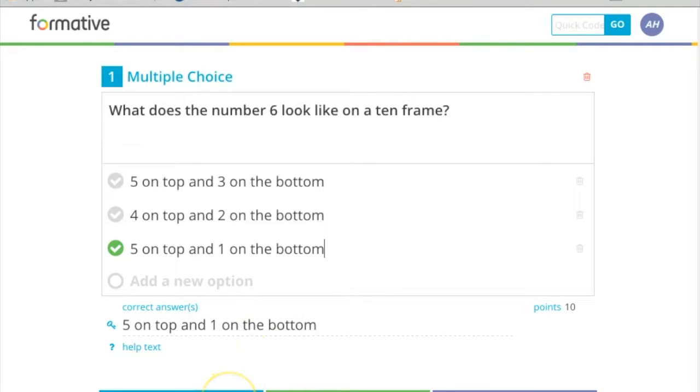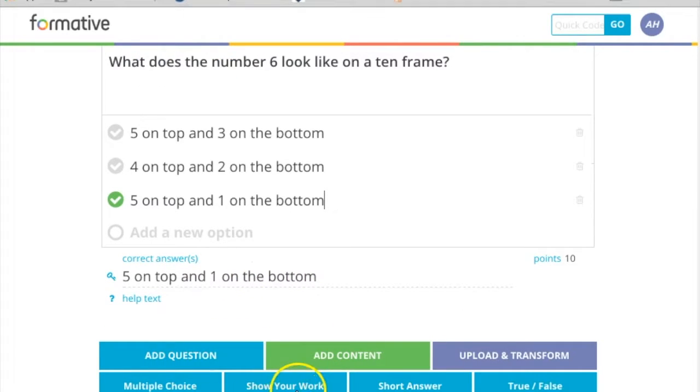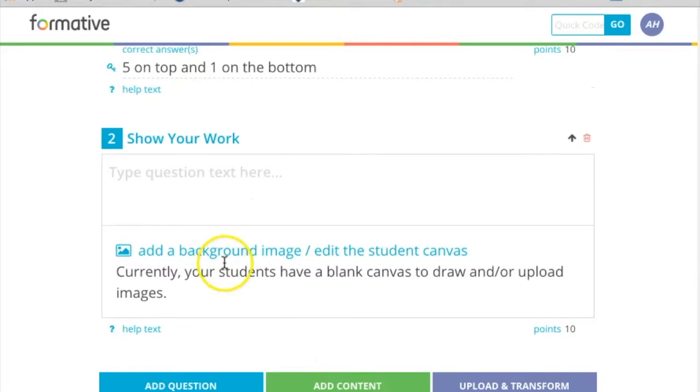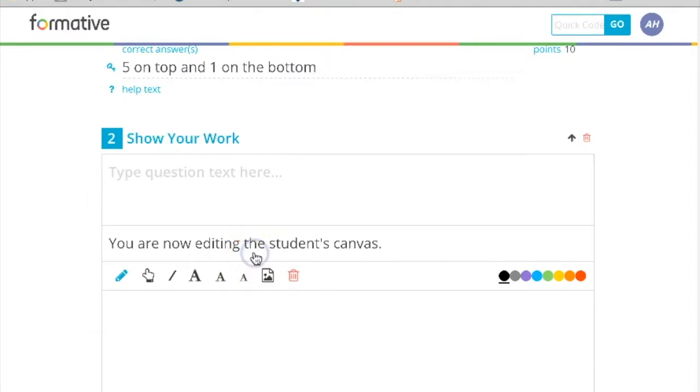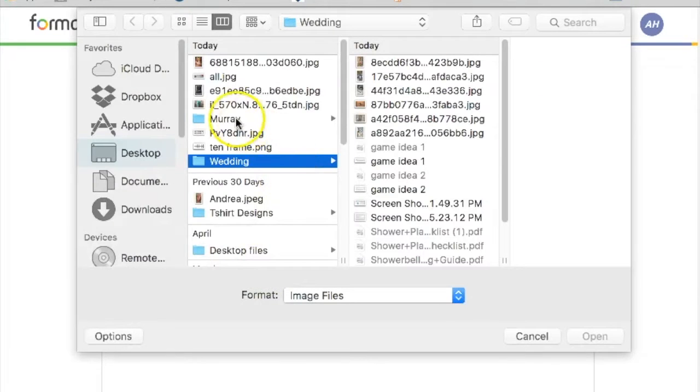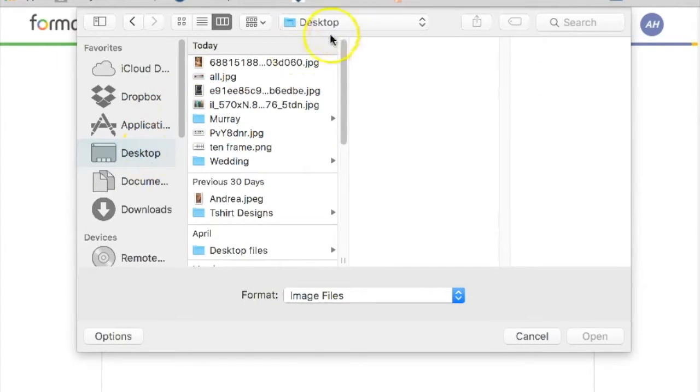Now I'm ready to add another question. This time I'm going to do a show your work. So I'm going to click show your work, and I'm going to add a background to their questions. I'm going to click add background. And if you forget to do that and you still want to add a background, you can always click right there. So what I'm going to do is click here again, and I'm going to go to my desktop, and